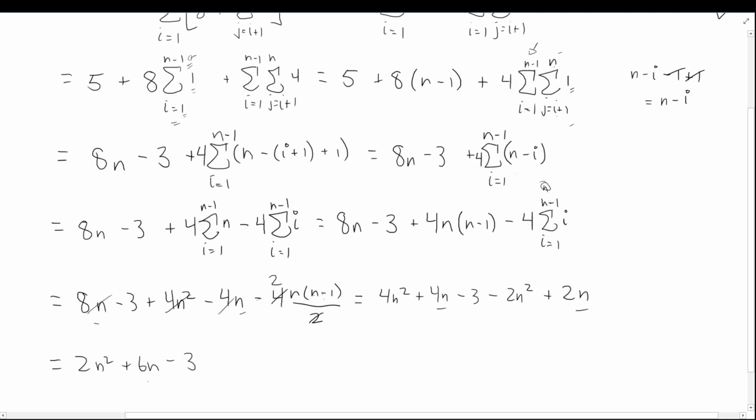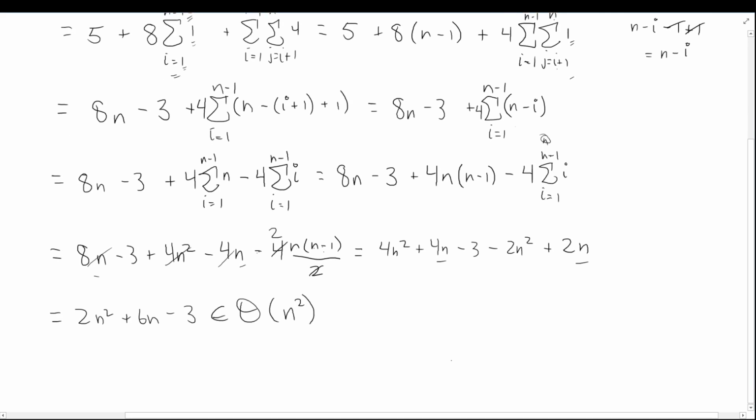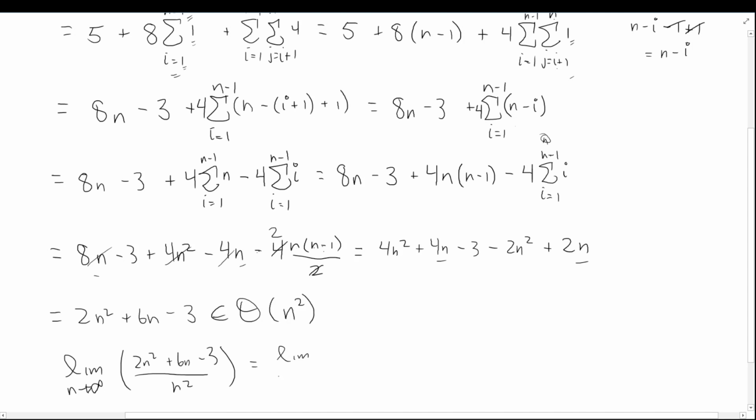Well, first of all, our goal is to maybe show that this has a particular theta bound of n squared. And maybe, actually, since this is our main goal, let's just do a quick little limit test of 2n squared plus 6n minus 3 all over n squared,